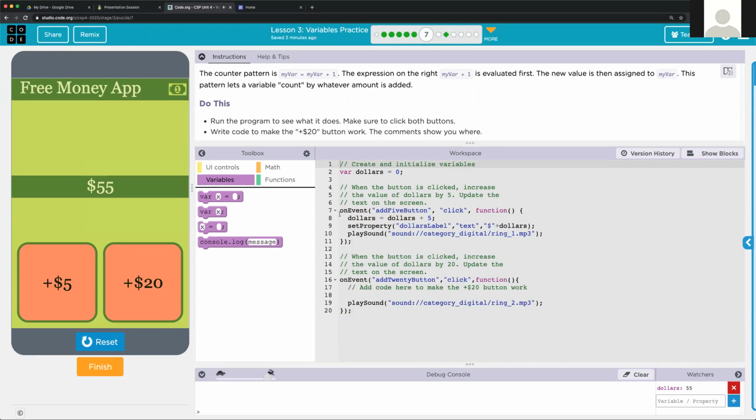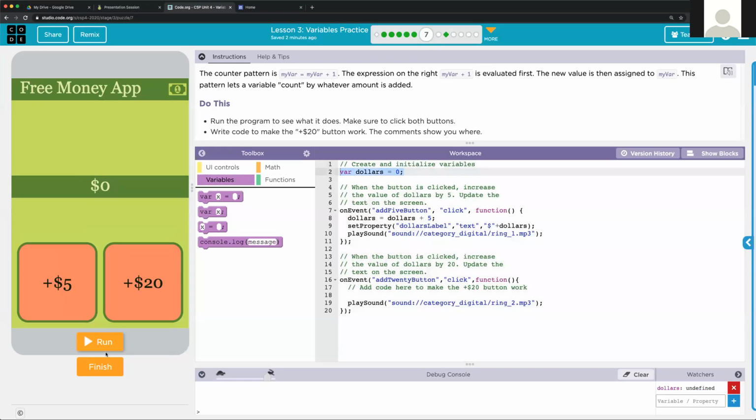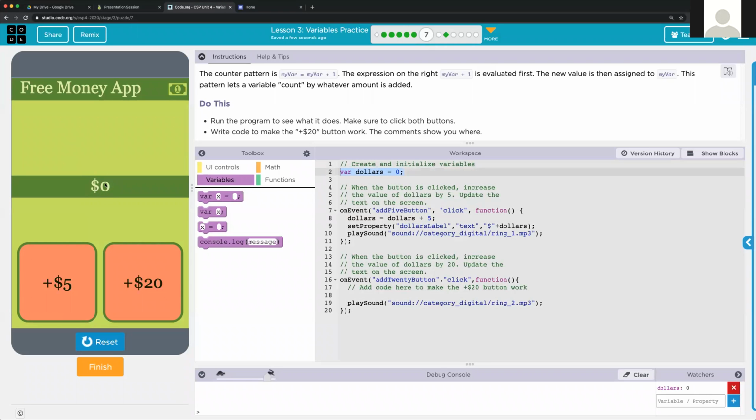Okay, so it looks like the $5 button is working. So let's look at how they've implemented it. Well, first of all, we've got this variable called dollars right here. And dollars is initialized, if I rerun this, to 0, and that's what we see on the screen, okay? If we look at this event handler for the add $5 button, which is this guy right here,